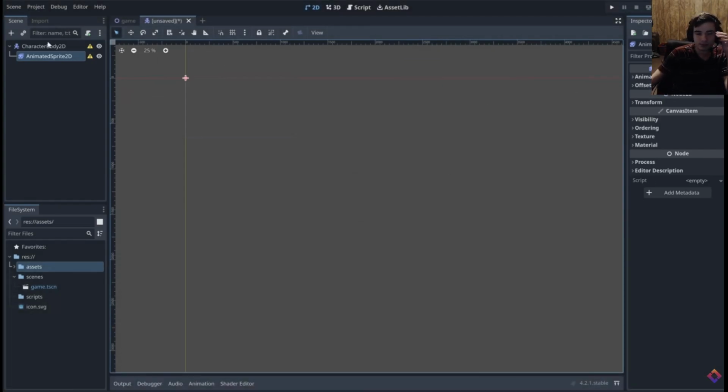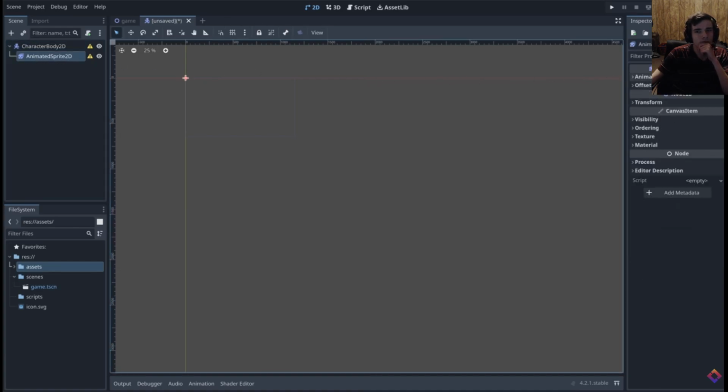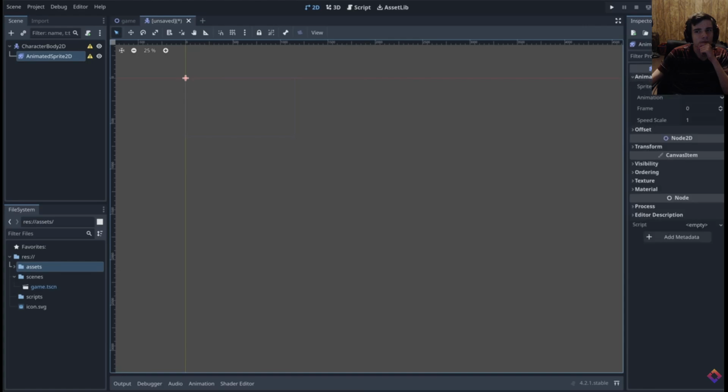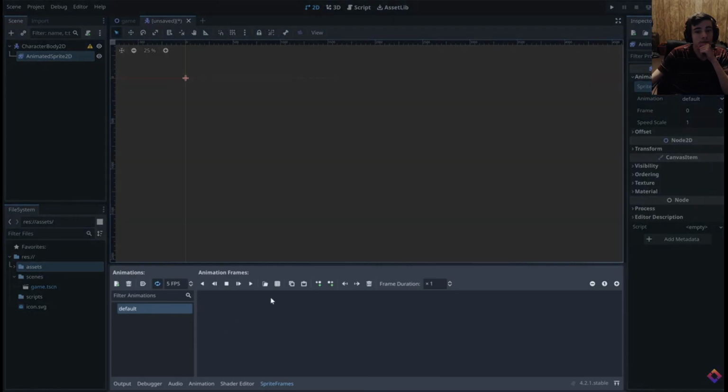socks. Nice. If we select a different node, say our character body 2D, we can now see the properties on that node instead. So our inspector allows us to change things about a node. In our animated sprite 2D, we want to add some animations. And we want to give it some sprite frames, the individual frames that will make up our animation. So let's click here and add a new sprite frames. And now with this selected, we can see that it will open up the sprite frames window at the bottom. And in this window, we're going to press this tiny icon here that lets us add frames from a sprite